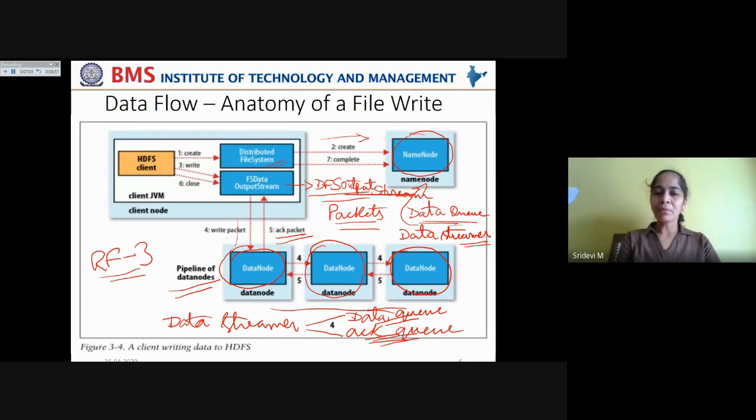And at the same time, the failed data node is removed from the queue, and the healthy data nodes will get the data packets, and those data packets are written onto the healthy data nodes in the queue.